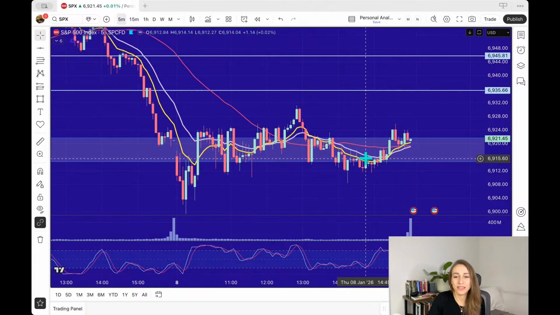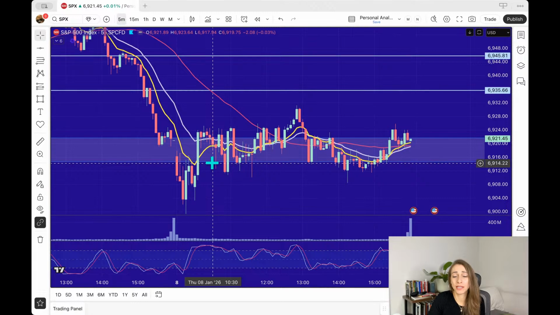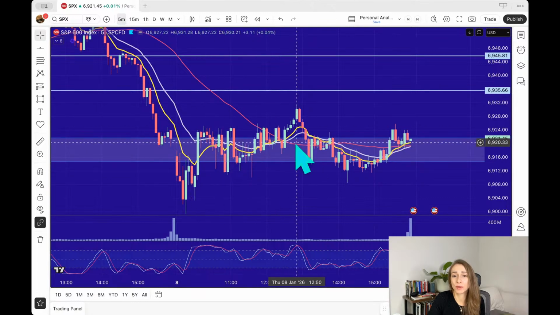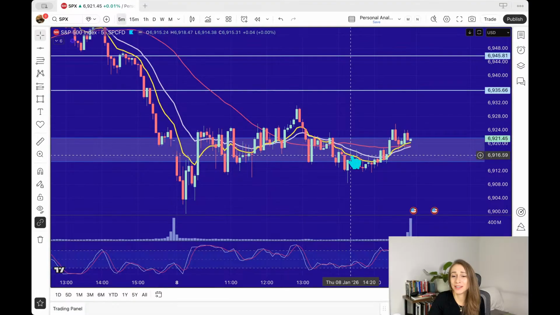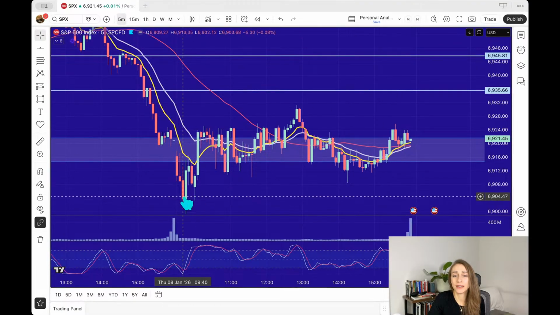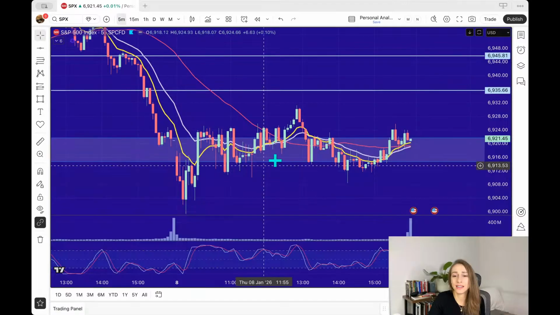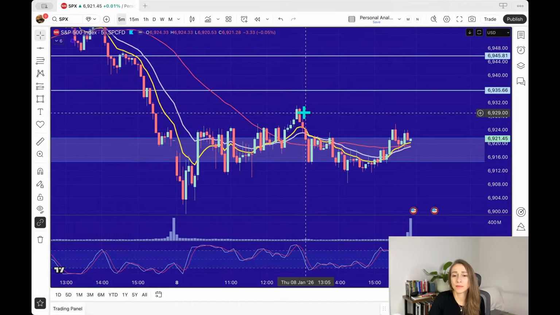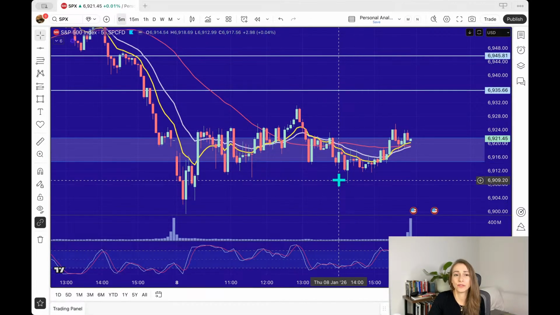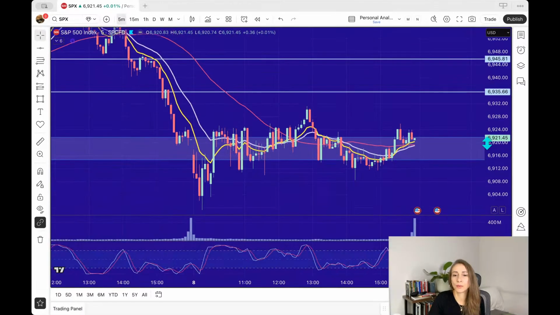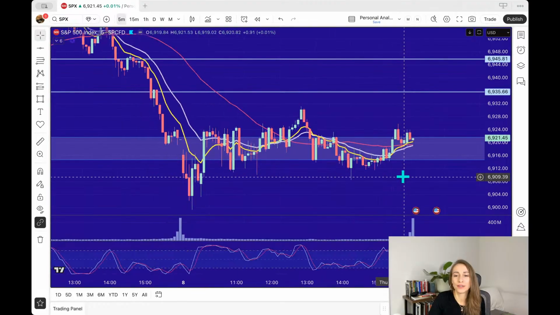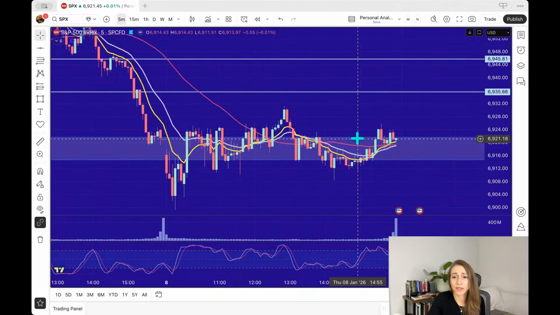So this moves really fast and really whippy. Yesterday was just whipping around back and forth in a pretty tight range, popped up, then in a range. Anyone who had made it in early in the day here was able to get some profit to the upside. Maybe you got some to the downside if you're doing the 5-minute. I personally was in and out and just really crushed some of my profits from the week. So don't do like me.